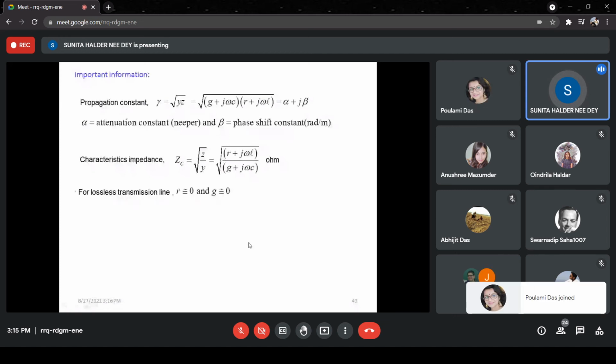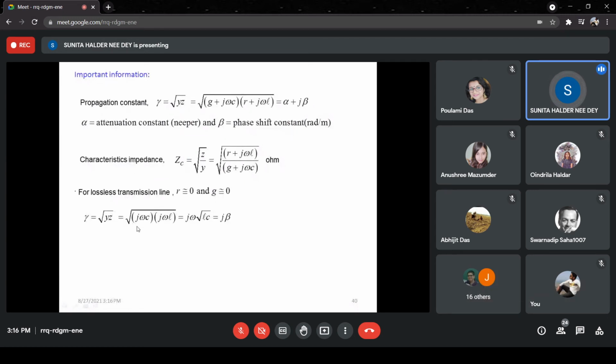So what will happen to the propagation constant and characteristic impedance for a lossless transmission line? At first, for the propagation constant, the R and G parts will not be there. So simply it will be j omega root over LC. So it is only the imaginary part, j beta will be there. Or in short, for a lossless transmission line, beta equal to omega root over LC. But that will not be the case for a lossy line, that means where loss is not negligible or is near 5%. Similarly, for characteristic impedance, Z by Y will be simply root over L by C, in ohm.